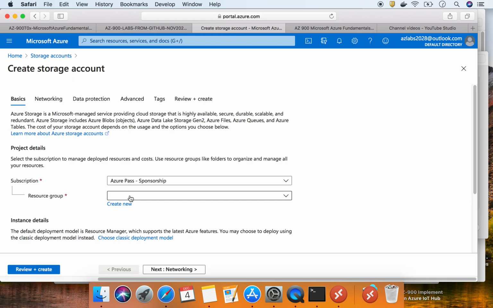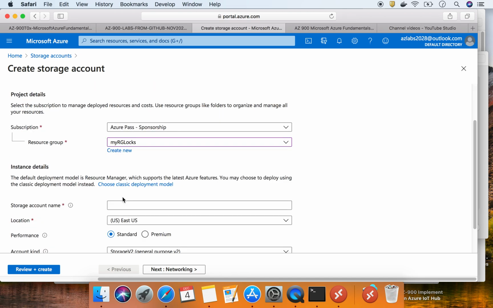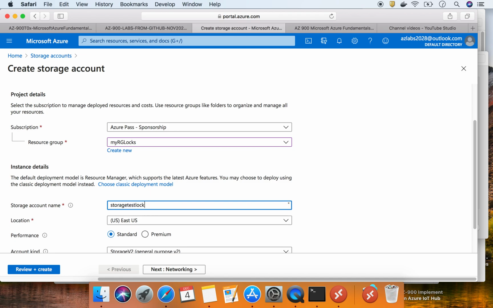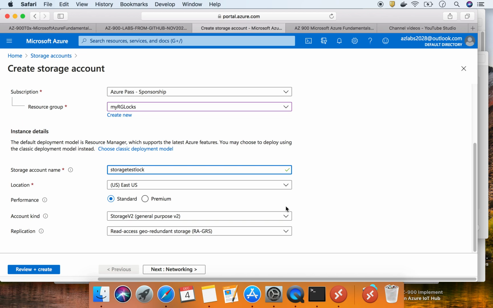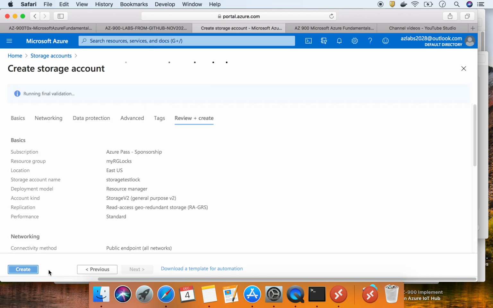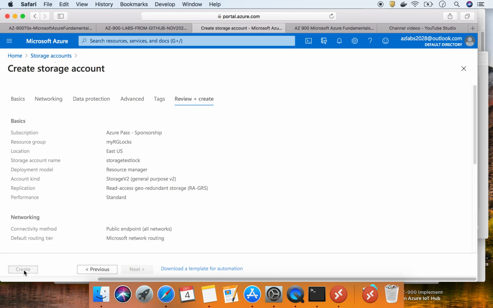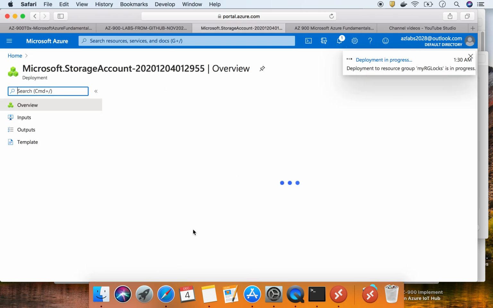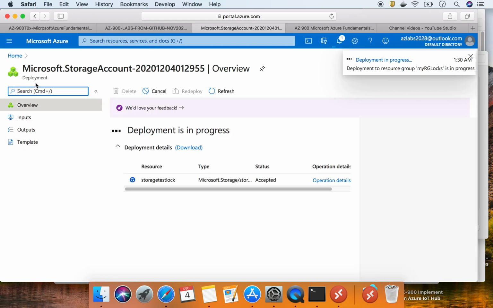So let's just select the resource group where we're gonna apply the lock. Okay, and storage test lock. Let's see, that name is available, and you don't need to worry about this, the lab is not for the storage account. So I'm just gonna create this one, and this is just going to be one resource that's deployed within this particular resource group. Okay, and